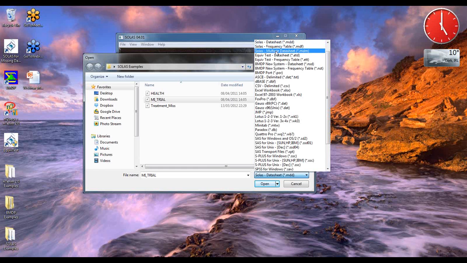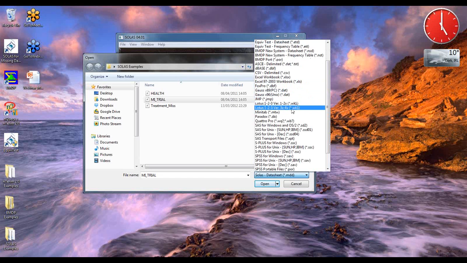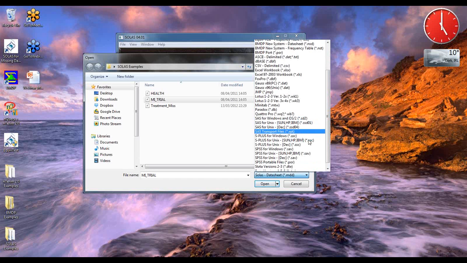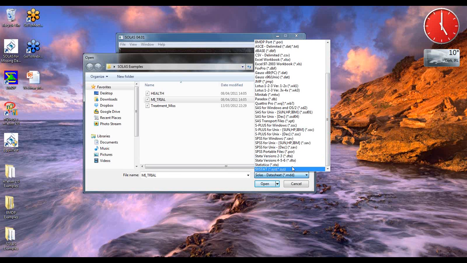We have the Solus file format, BNDP, ASCII, CSV, Excel, and we also have a wide range of the statistical software packages available out there, such as JMP, Minitab, SAS, several versions of SAS, both for Windows and Unix. We've got the SAS transport files, which are very important, the .xpt. We have S+, SPSS, Statistica, and Systat. So there's quite a large range of import and export functionalities within Solus,